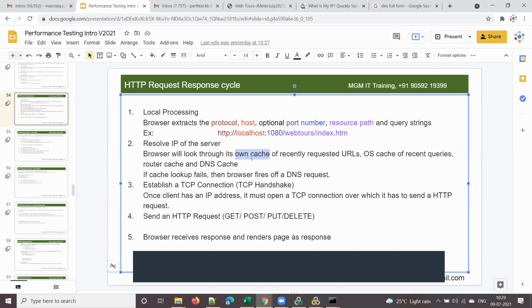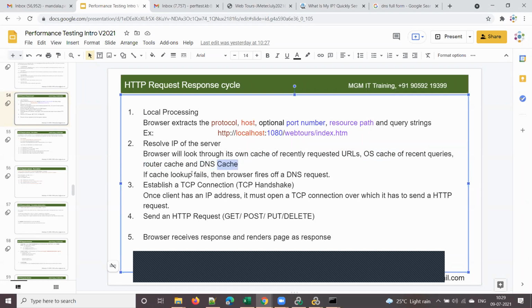If it is there in the browser cache, it will get it from the browser cache. If it is not there, it will search in the operating system cache. If that is not there in the operating system cache also, it will search in the router cache, right? Some people pronounce it as router, right? So if it is not there in the router cache also, then it will look into the DNS cache.